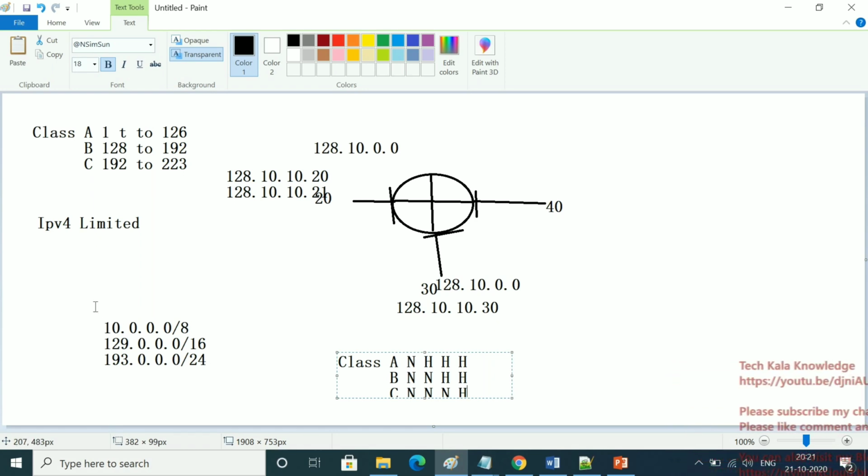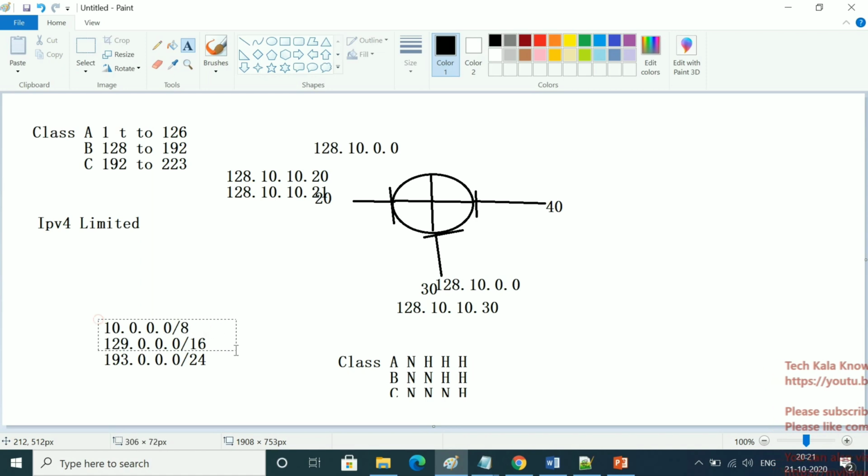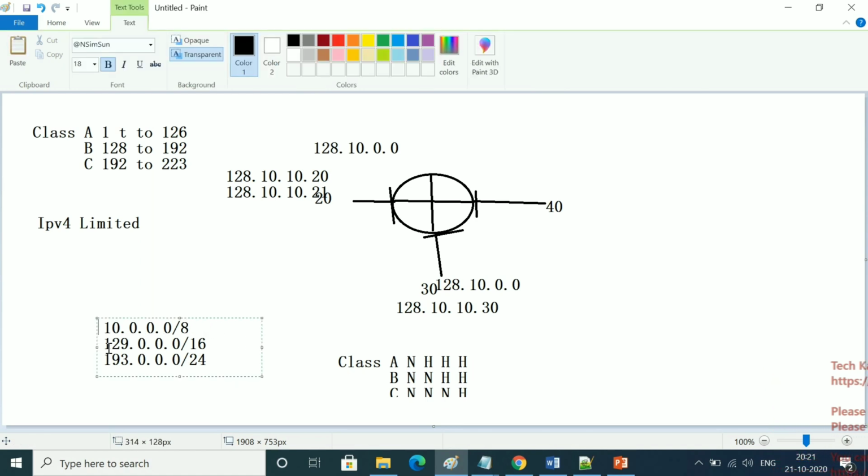Whenever you find a network ID, before the slash it may be some different network ID, but after the slash if you see 8, 16, or 24, you should understand that on that particular network ID no subnetting is created.